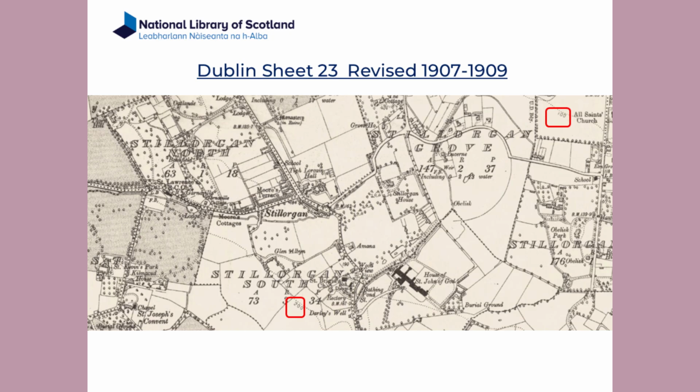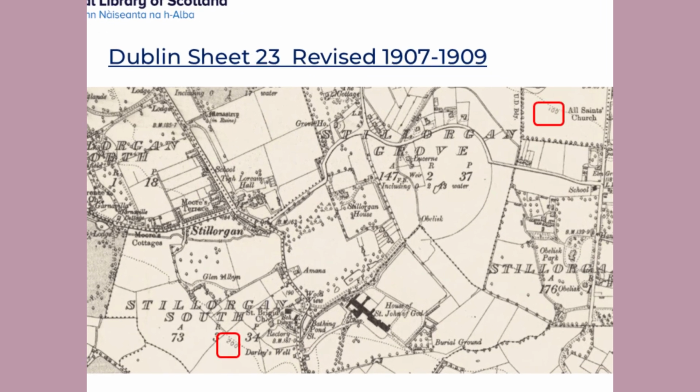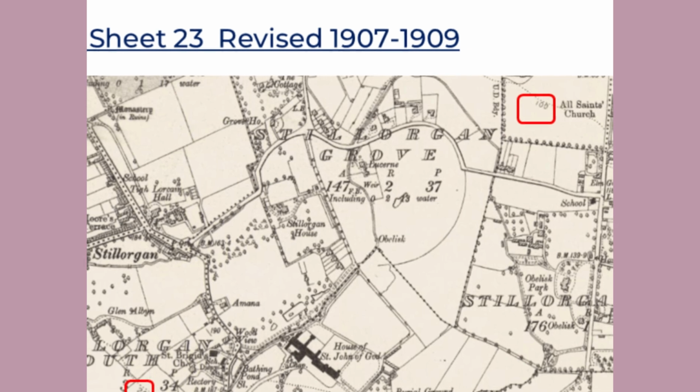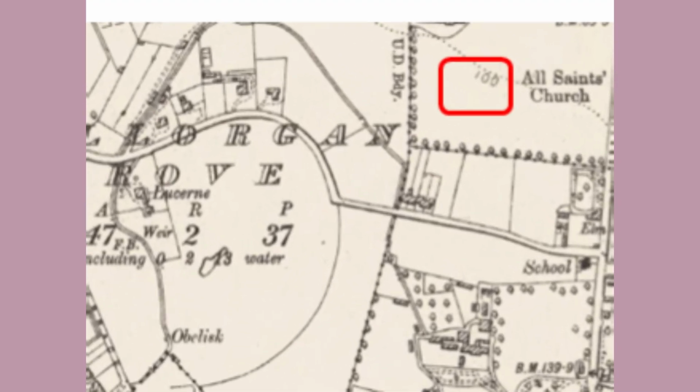And this is Dublin sheet 23, revised in 1907 to 1909. And you can see, obviously, that they're really crisp. There's no watermarks. And what I've circled there in red, which might be of interest to some people, are contour lines. So for anybody who's got amazing eyesight, the 100 there marked on the map represents 100 feet above sea